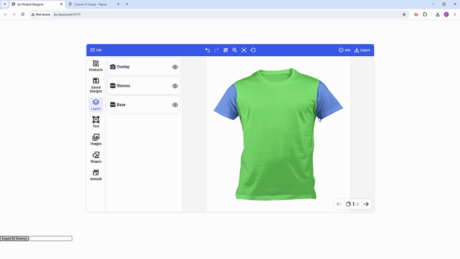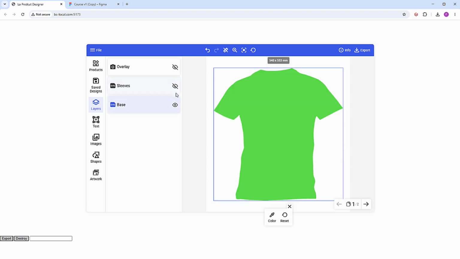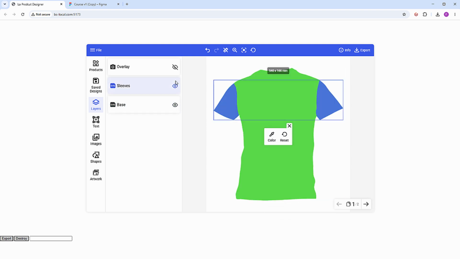I want to show you in this video how to prepare the products. I will show you this t-shirt, and based on this you can do whatever product you want, like anything. So if you notice here in the product designer, we have three layers. We have the overlay. Let's start with everything disabled. So we have the base, we have the sleeves, and we have